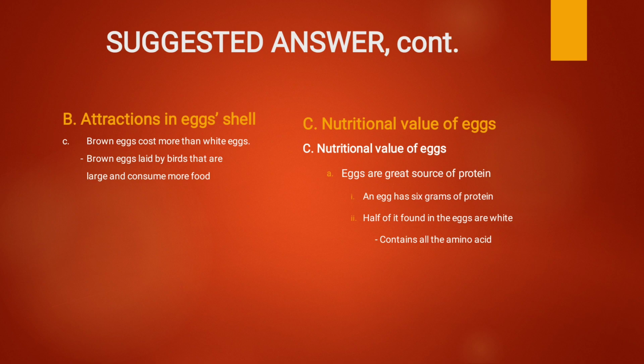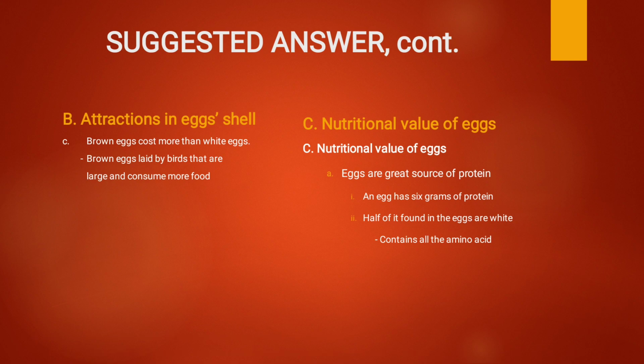Now look at the second minor supporting sentence to the first major supporting sentence. A, eggs are a great source of protein. This second minor supporting sentence has one division under it. This is called subdivision,